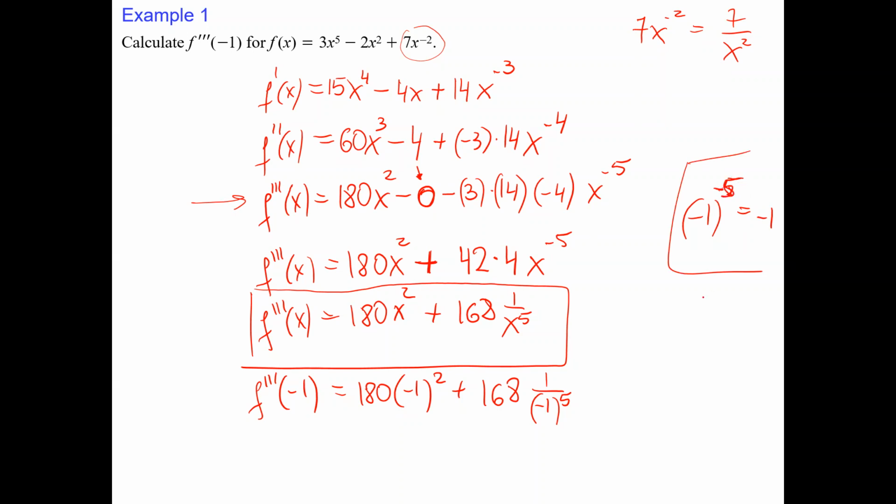And this one, if I rewrite this as the quantity negative 1 to the power of positive 5 in the denominator, then negative 1 to the power of 5, of course, is negative. The final answer is negative. And that means it's much, much easier when we have a positive exponent. Okay, negative 1 squared, of course, is positive 1. This will be negative 1, negative 1 times 168 is negative 168, and the final answer is